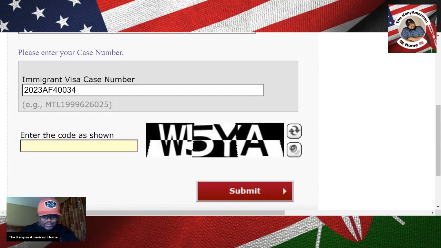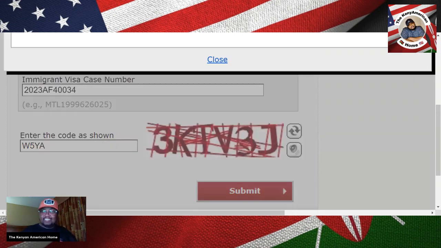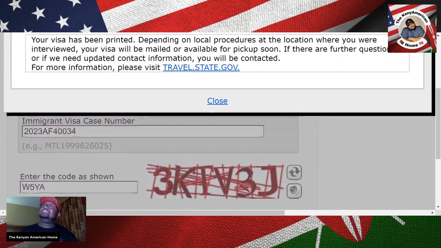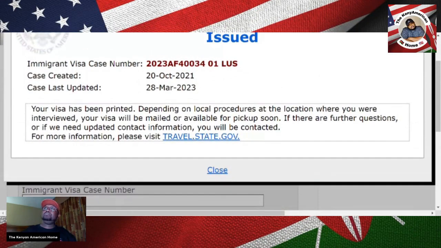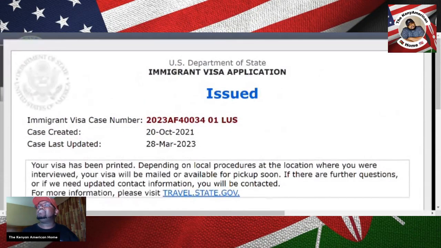Can you guys guess which country this is? Drum roll, can you guess? This is the country of Zambia. Lusaka, Zambia. Case number